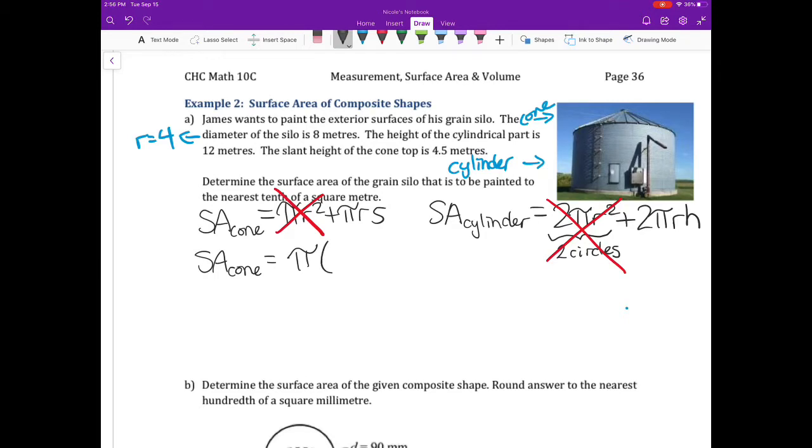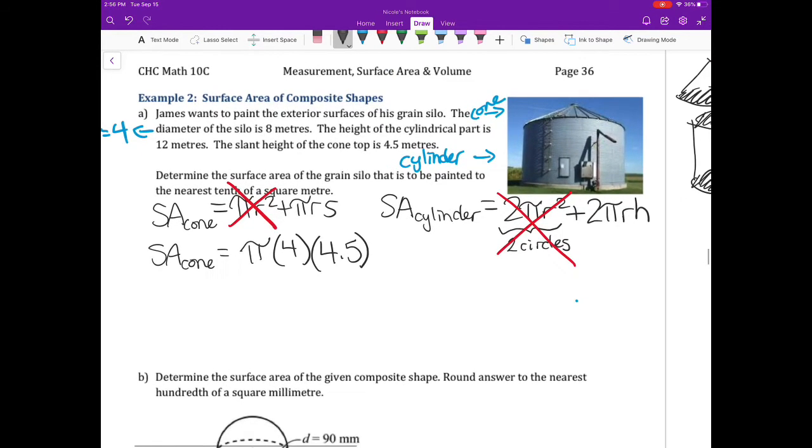So pi times a radius of 4. Notice they gave me a diameter of 8, so that means my radius is 4, and the slant height was 4.5 meters. For the bottom half for my cylinder, I have 2 pi times the radius times the height of the cylinder. Make sure I'm paying attention to each part here. So when I do these for the surface area of the cone, I have pi times 4 times 4.5. So I'm going to end up with